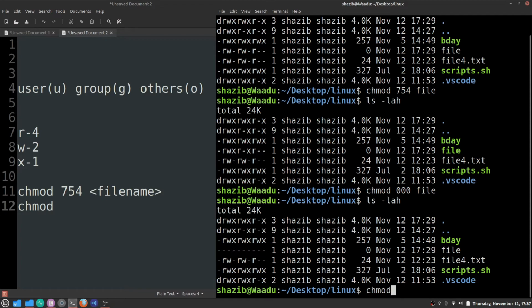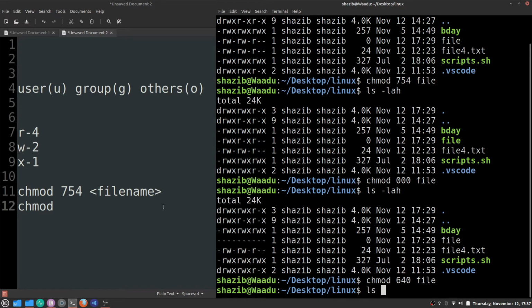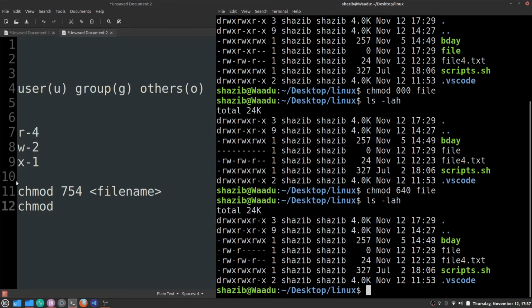So for chmod, if we want to give the user only read and write, read corresponds to 4 and write corresponds to 2, as you can see here. So 4 plus 2 is 6. And for the group I'm just going to give reading only, so 4. And for others I don't want to give any of the privileges, so I just press 0. So for the file, if you say ls -lh